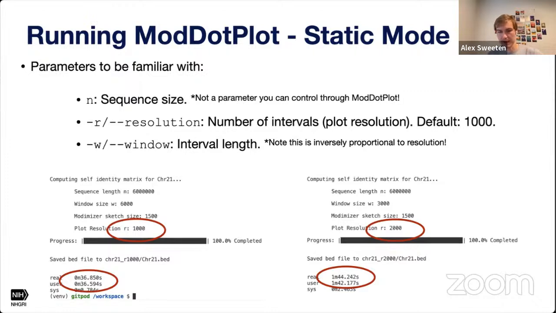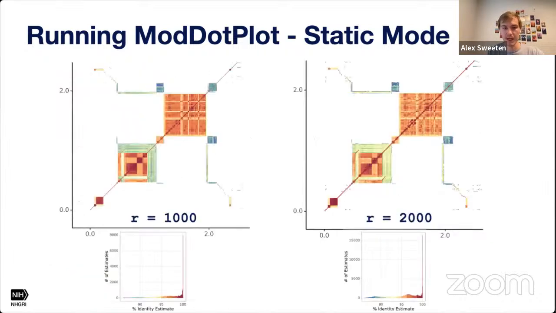So just keep in mind that runtime is dependent heavily on resolution, and that if you pick a good value for your resolution, you can get pretty ideal runtimes in every scenario. So just a comparison, these are two dot plots with two different resolutions. The one on the left uses 1,000, the one on the right uses 2,000. And you can see that they're pretty similar. Maybe the identity is more accurate in the 2,000, but regardless, you're going to get the same level of information